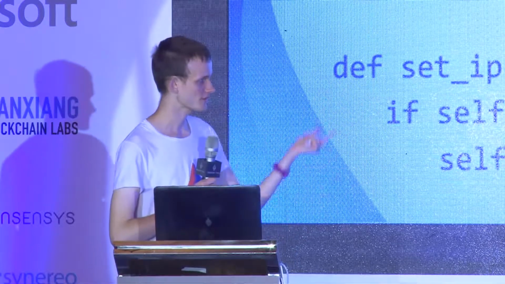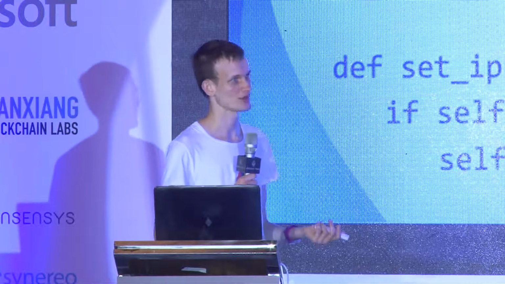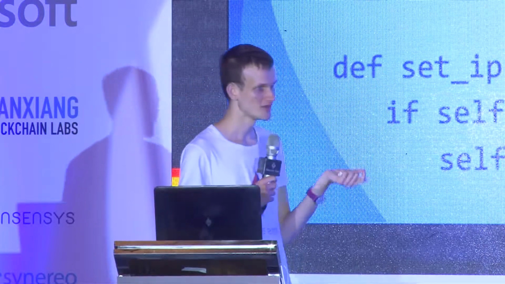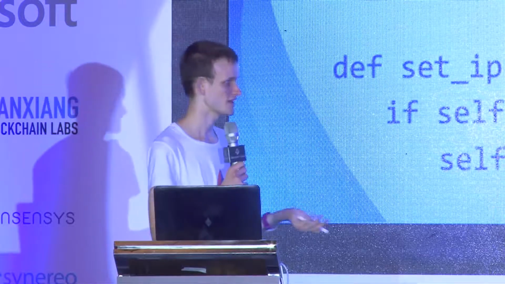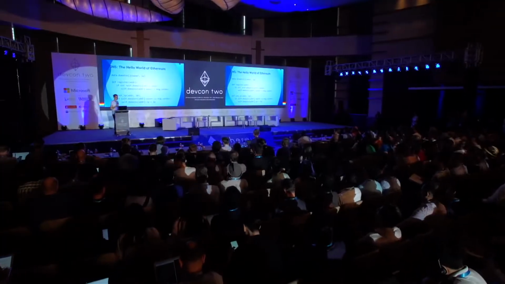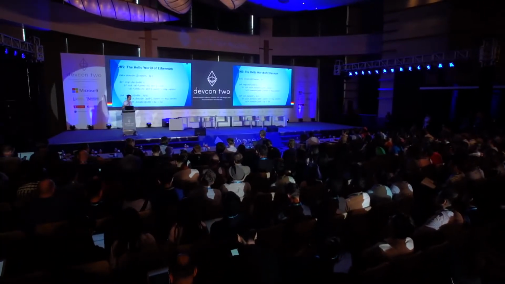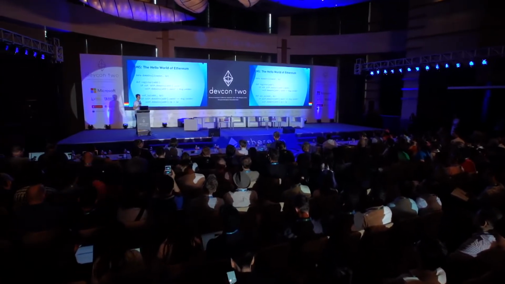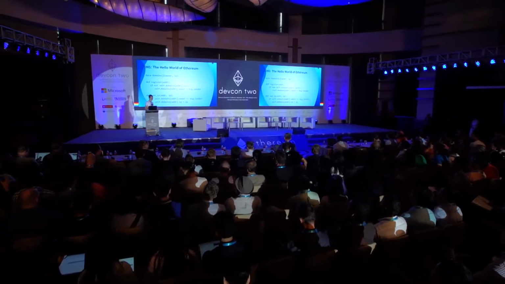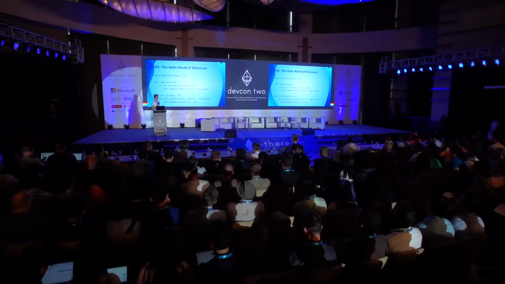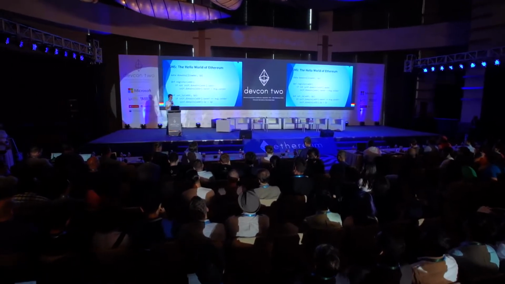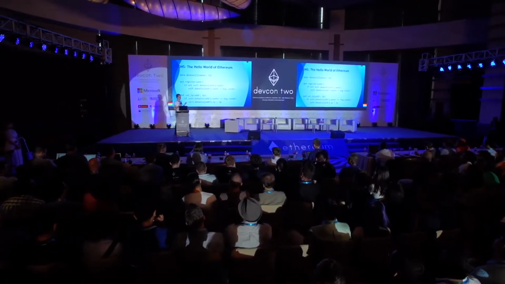One of them is for registering a domain, and the logic is pretty obvious. If the domain has not yet been registered, then you set the owner to yourself. And another function says set the IP address. If you own a domain, then you can set the IP address. And this is basically the minimal thing you need in order to have a maximally simple domain name system. Now, as I understand, Nick Johnson is going to be presenting about a much more complete and better one at some point over the next 3 days, but this is sort of the kernel. This is what you start with.